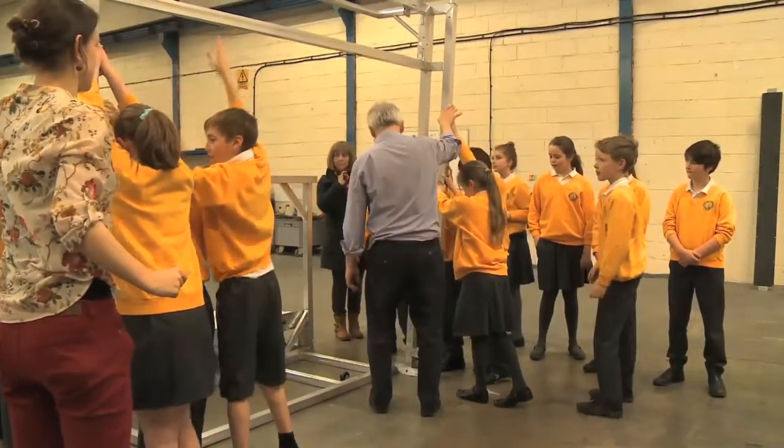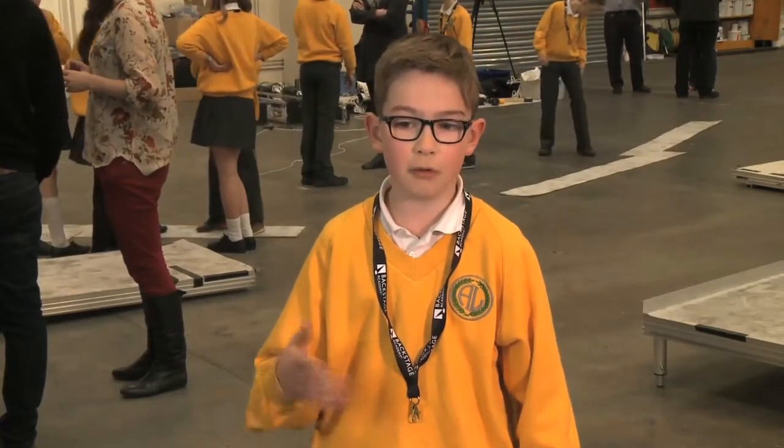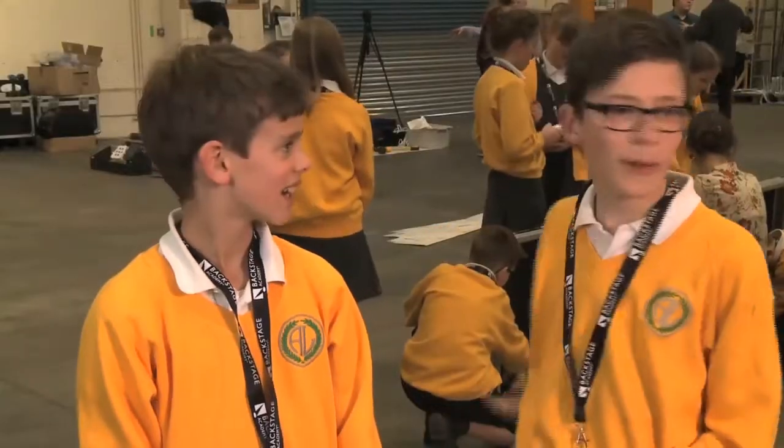Not what I was expecting at all. A lot bigger than what I was expecting, and taking it apart was so much fun because we got to see exactly what all the work that went into it and all the parts that made the stage. We had no idea what it was actually like, and it's just amazing seeing everything coming together. It's just amazing, really. I was taken aback by the size of the stage. I was expecting it to be a little bit smaller, but...